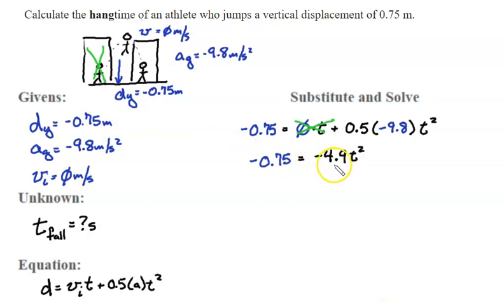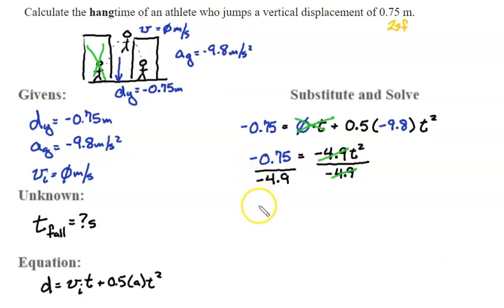In order to get the t squared all by itself, I'm going to divide by negative 4.9 on the right. That causes the 4.9s to cancel. Whatever I do to the right, I need to do to the left as well. And actually, this is where the negative becomes important, so that a negative number divided by a negative number. So when I do this math, I find that t squared equals 0.15306. In order to get rid of this pesky square, I'm going to take the square root of the left